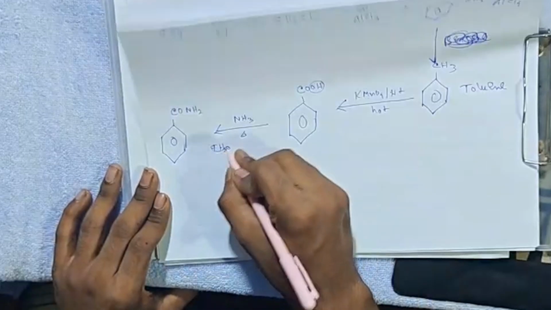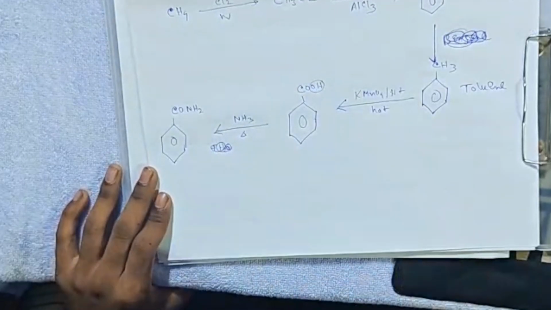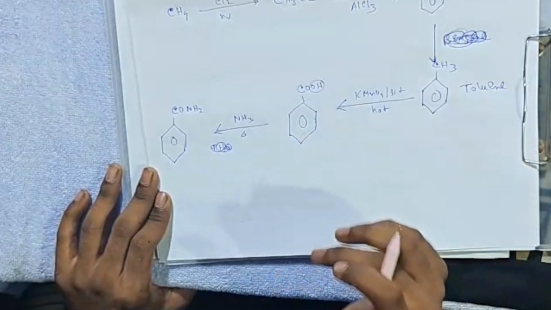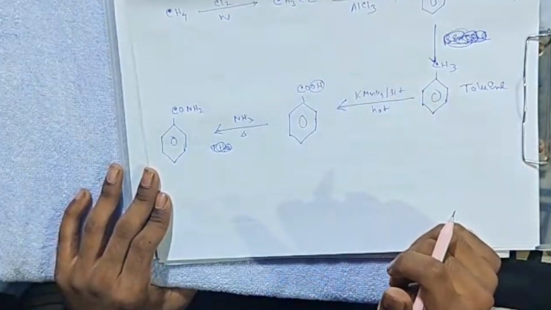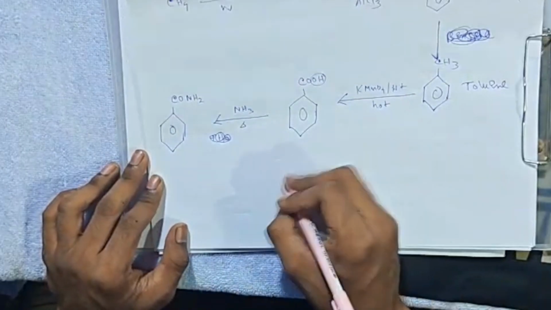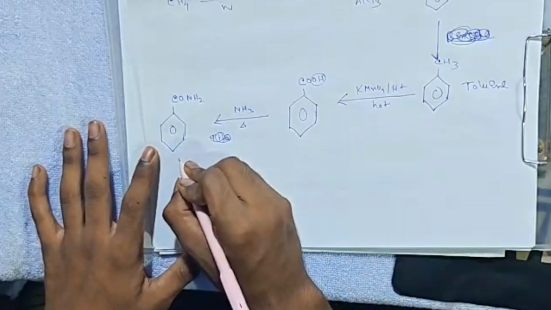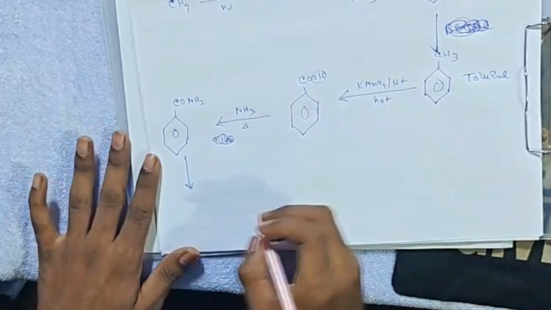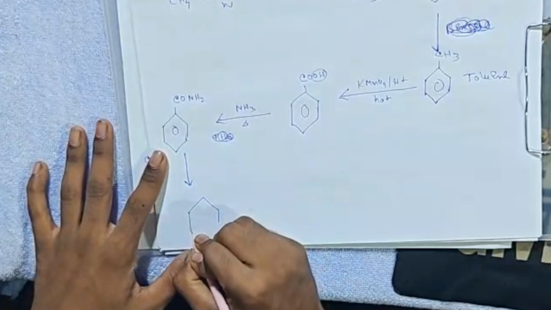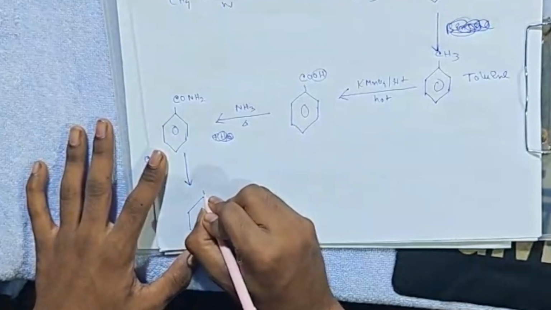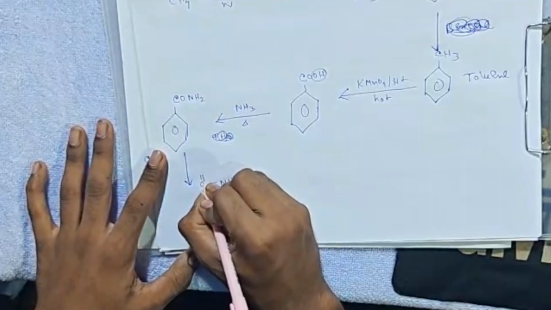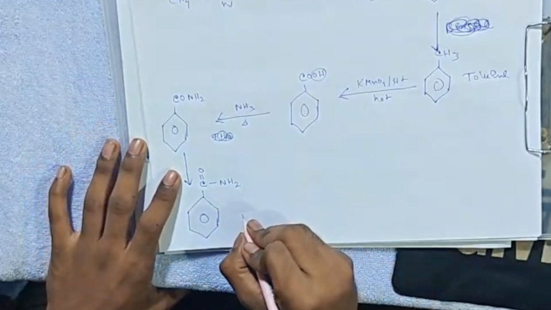Okay, so you all know, if benzoic acid is heated with NH3, then that OH will be removed and it will become CONH2 on the benzene. Simple. Now let me write this as an open structure. It will be CH3, this C here, NH2 is attached, and on this C, one OH is there. Simple. In this, if you give